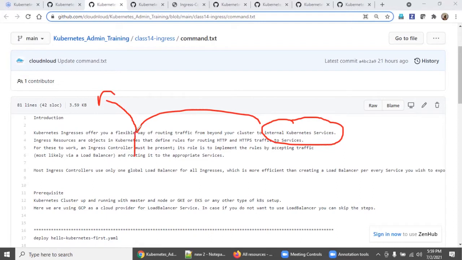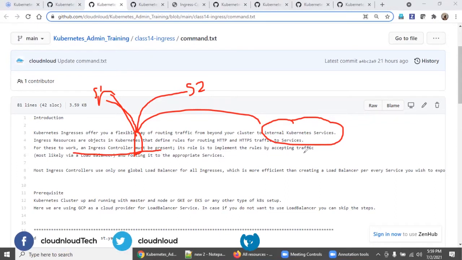The entry point is a single entry point, but Ingress will decide that this request should go to service 1 and this request should go to service 2. That is the intelligence of Ingress. The Ingress controller must be present, and the Ingress controller will decide where to reroute the traffic.